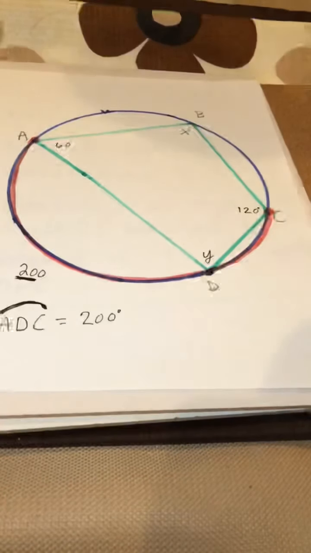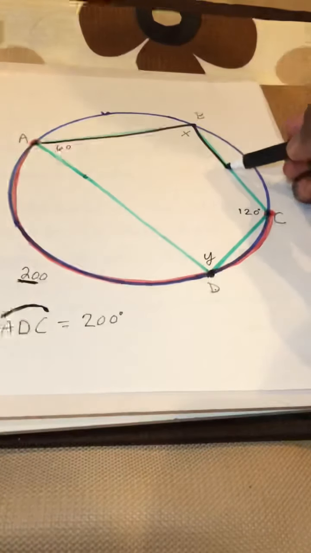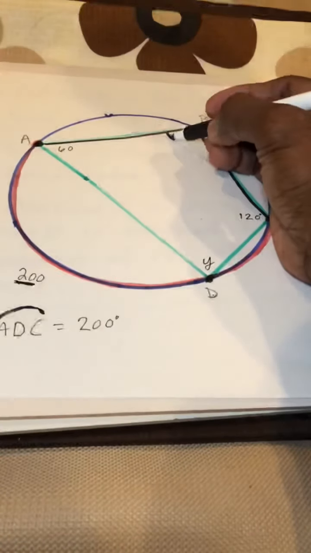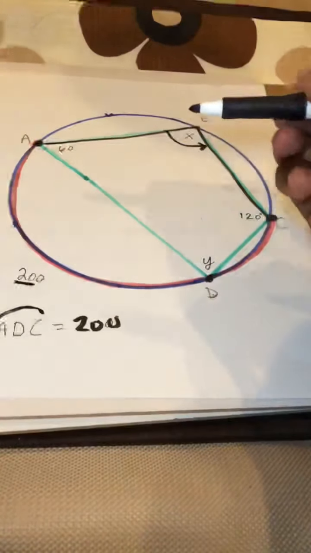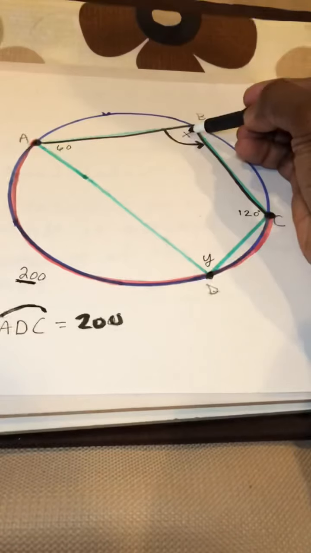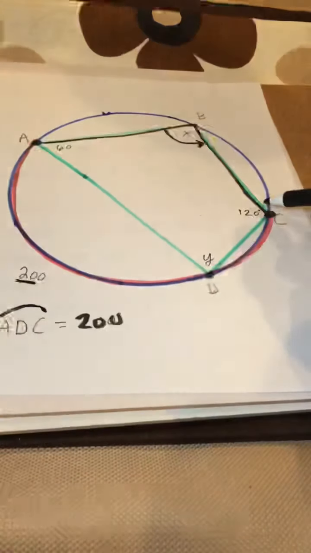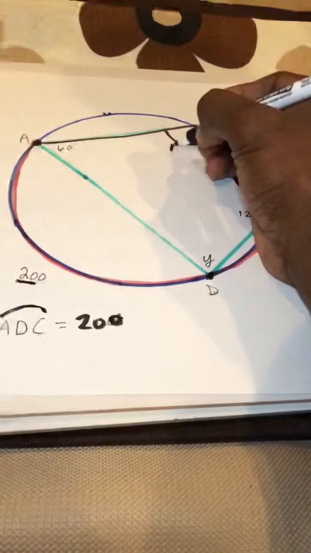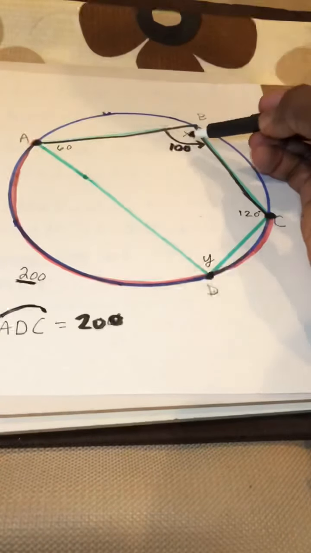Okay. I don't know if you noticed that this angle is connected to this point and this point. And this angle here, we can use this number 200 to find this angle, okay? Which is the rule. An inscribed angle is half the measure of its intercepted arc, okay? So we can conclude that this is 100. So x is equal to 100, okay? So if we know x is equal to 100,